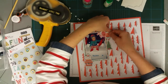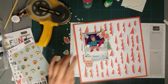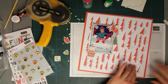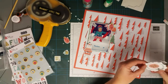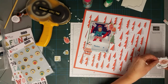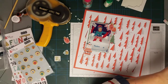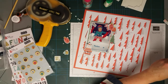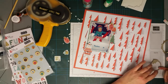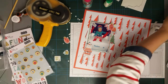Bring this in there. Got a bit of a mind of his own, this one has. And as you can see, it's going to be trickier now to do, what's the word, a title. So I'm going to just push those two down a little bit. I'm going to use as well one of these chipboard embellishment pieces. I used the outside, which was a wreath. I'm going to take that out. I don't want the centre of it, so I'll put that back on its backing piece. I wanted this piece here,